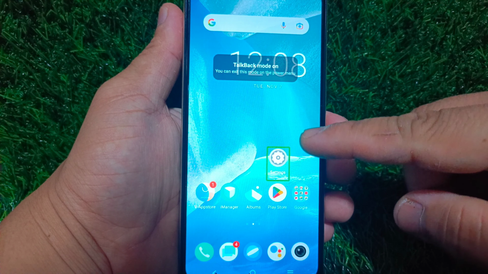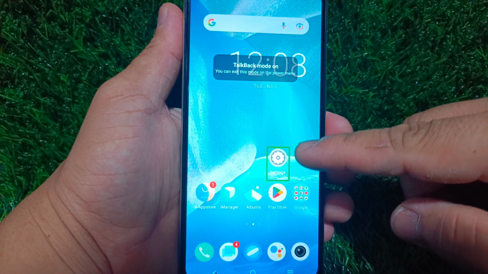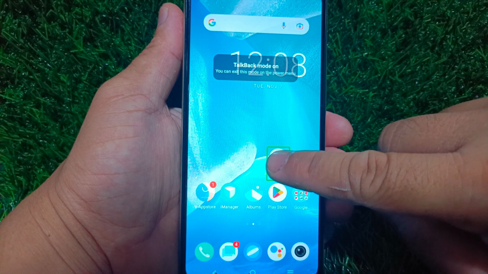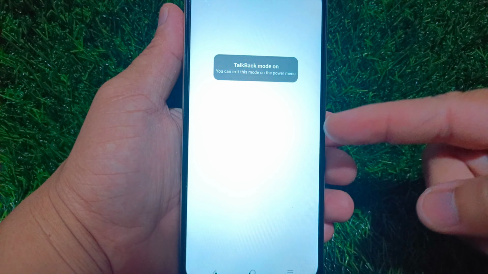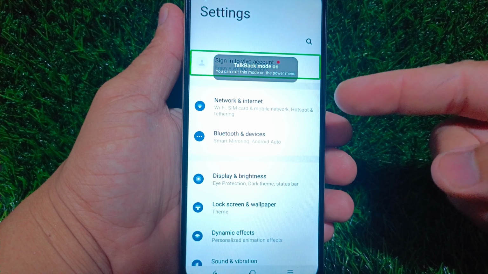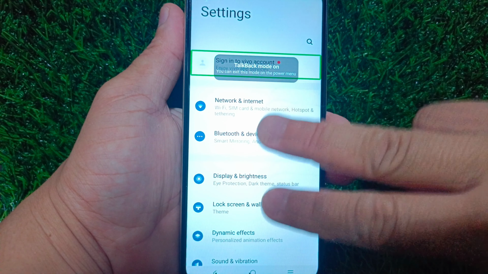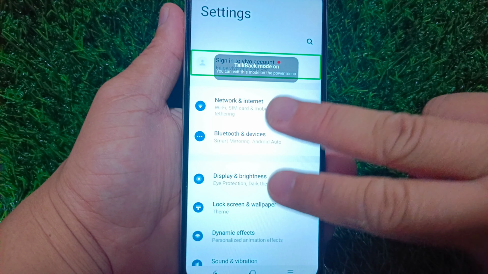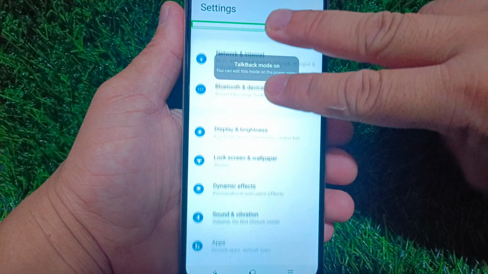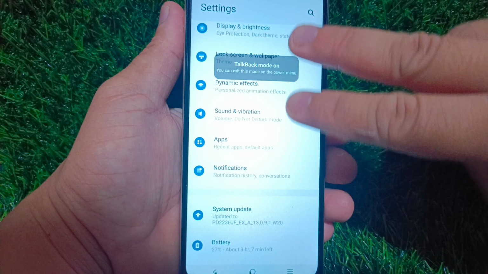You can hear the sounds. Okay, you have to double tap the settings again to activate. And that's it. We have successfully activated the settings. Now you have to scroll down by using two fingers on the screen and find the